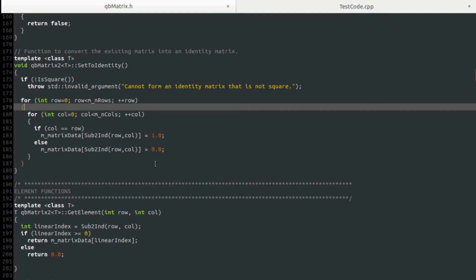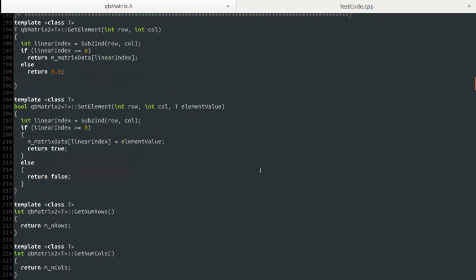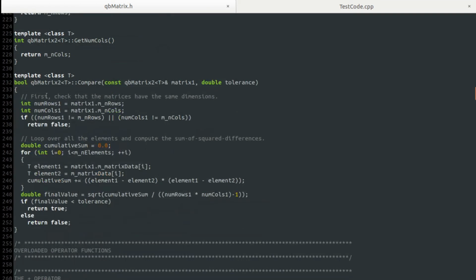That will obviously go through and create the identity matrix. Okay, so these we all had before. Now this is compare, which compares matrix 1 to the given matrix to within a certain tolerance. And the first check we do obviously is if the dimensions are the same. If the dimensions of the matrices are different, then obviously they're not the same, so there's no point doing anything